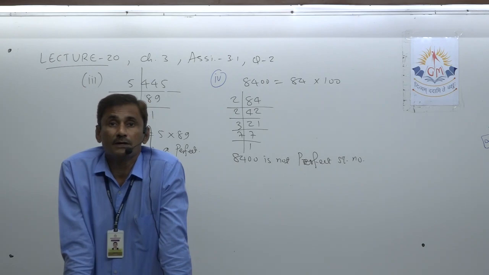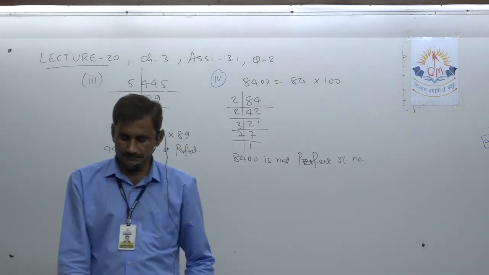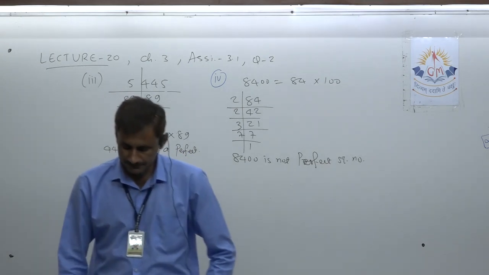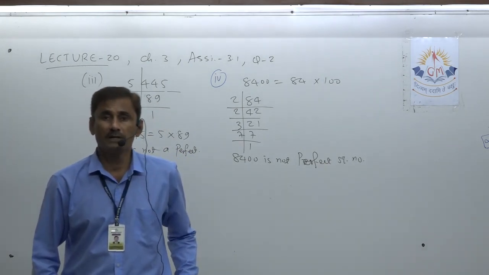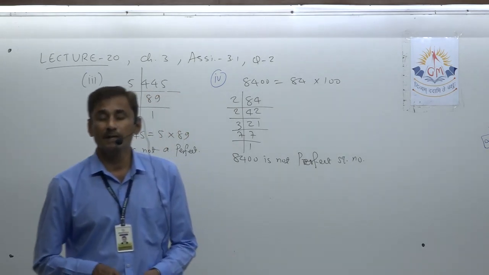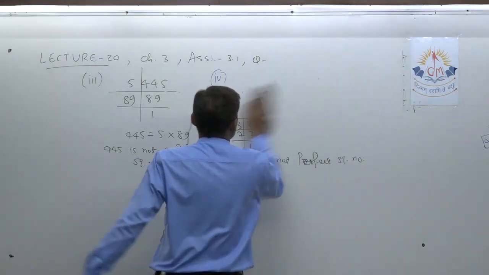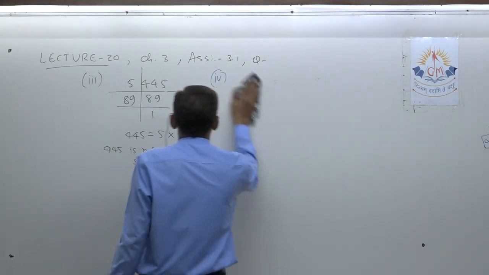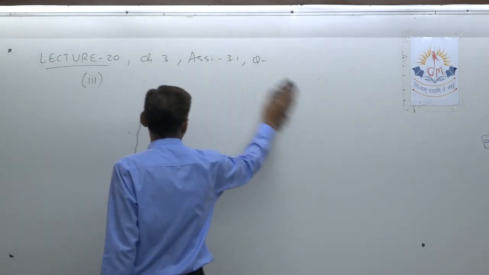1764 again is not odd, it is even. So here also no. So only in the second one, third one and fourth one of main question number 3, they are the squares of odd numbers. Why? Because if a perfect square number itself is odd, then its square root will also be odd.